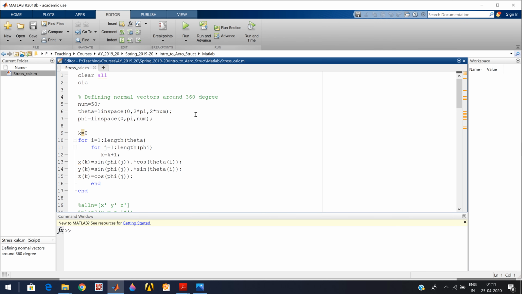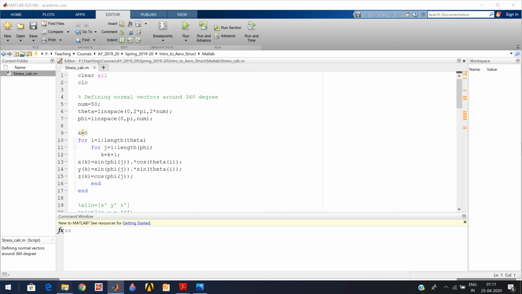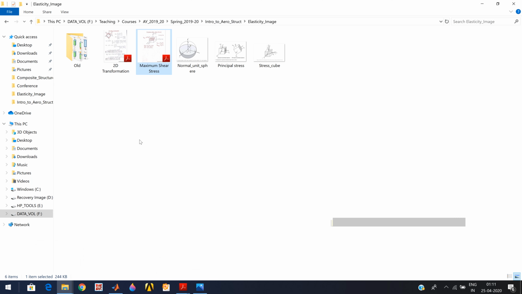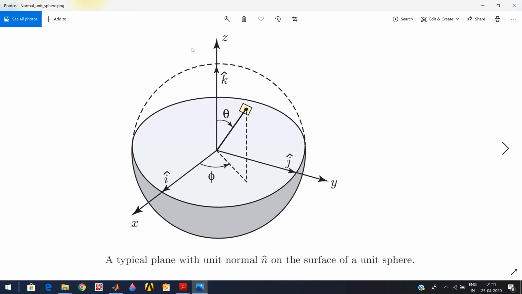So here what I want to do is, let me bring this picture. So let us say I have one unit sphere, a sphere whose radius is 1,